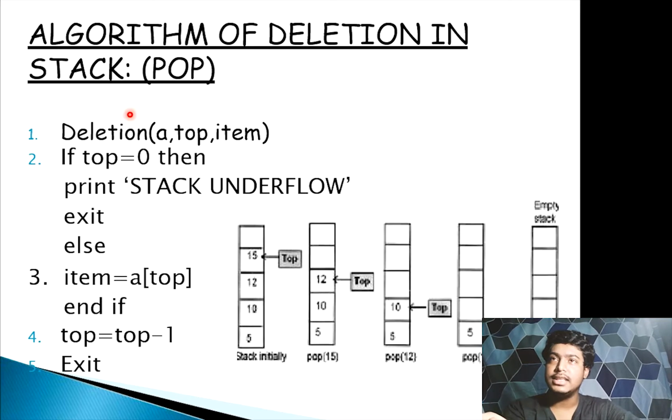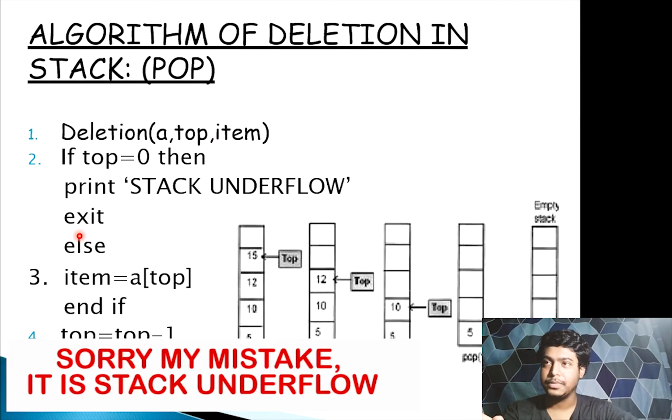So now let's see the deletion operation, that is the pop. In this method we have only 3 elements, that is a, the stack, the top pointer and item to store or return the element that we are popping out. So like we had stack overflow in case of push operation, we can have a condition of stack underflow in case of pop. Suppose if the stack is already empty, we cannot remove any element from that. So that is the condition of a stack underflow.